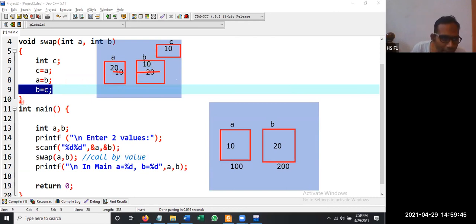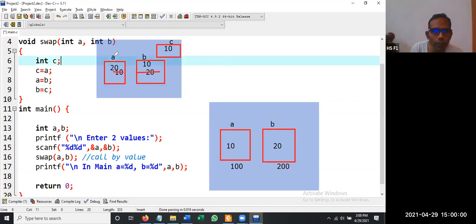But by the time the cursor comes out of this flower bracket, this memory is deleted. This particular memory will be erased. Is that clear?